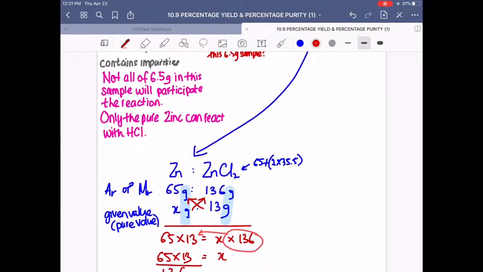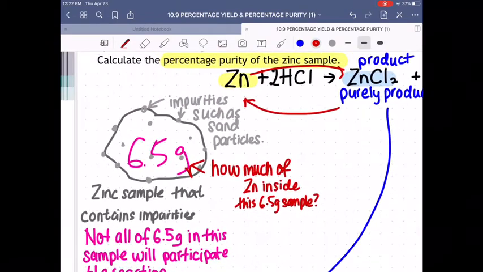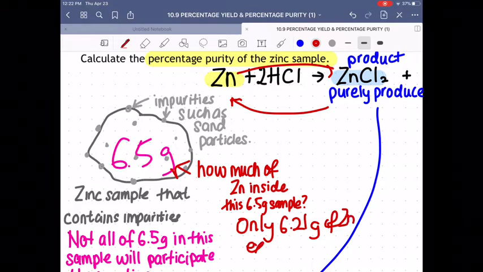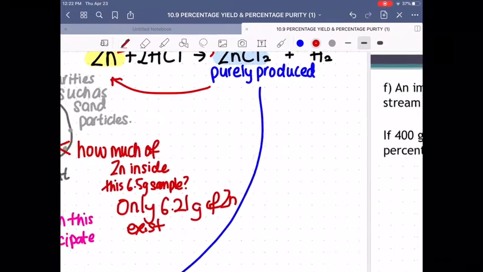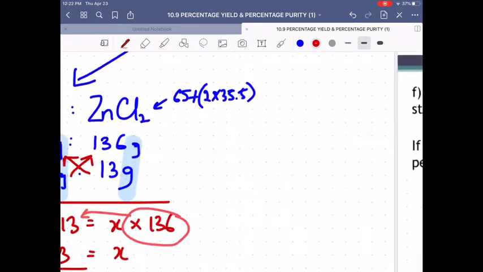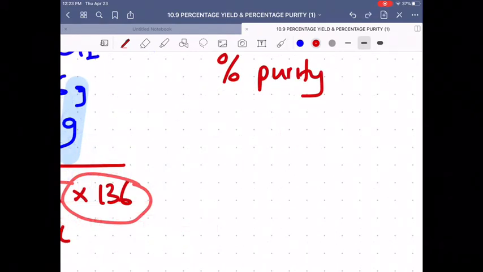So actually, to recall my drawing here, out of 6.5 gram of this lump, only 6.21 gram of zinc exists in this lump. So how do we find percentage purity? So by using the formula percentage purity,